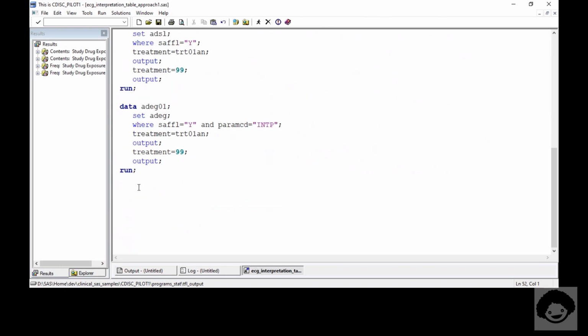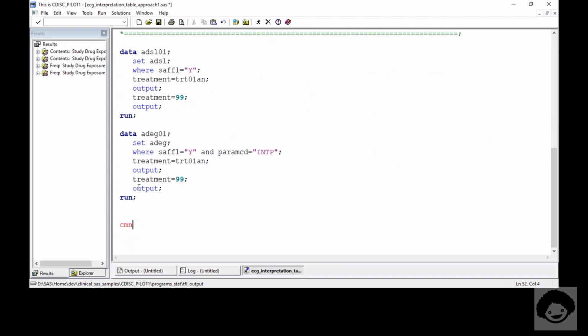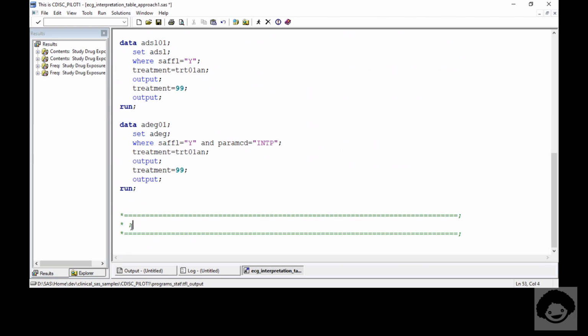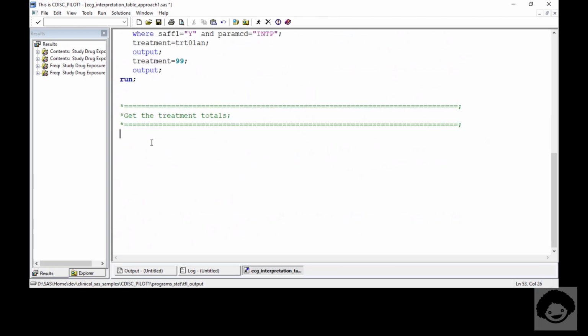So what is the routine step we generally do after getting these things? We get the denominator totals, the treatment totals. How will we do that? We can use proc SQL, proc summary, or proc freq. For this table, let's use proc SQL. So create table trt_totals